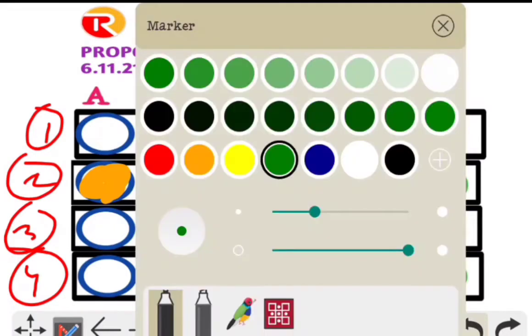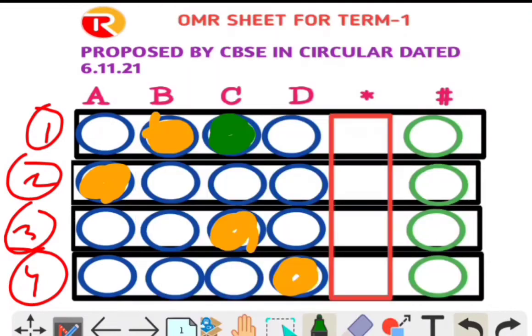Now a question will arrive in your mind: I have filled up 2 places, B and C. Then how will the teacher know which answer I want? Suppose you want the teacher to pick up option C, but how will this message be conveyed to the teacher? It will be conveyed with the use of the star box. What you will do here is, in the star box you will write C. The answer that you want, you will write that only in the star option. This is the final answer of this question. Okay, this is the final answer. Star place is for the final answer.